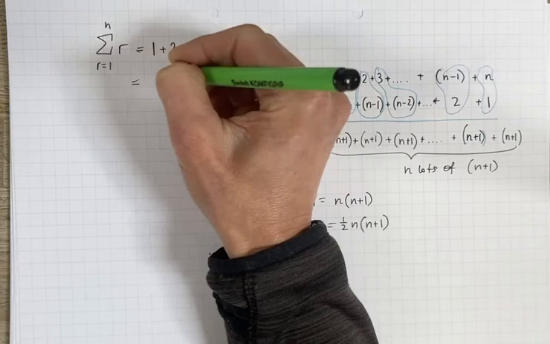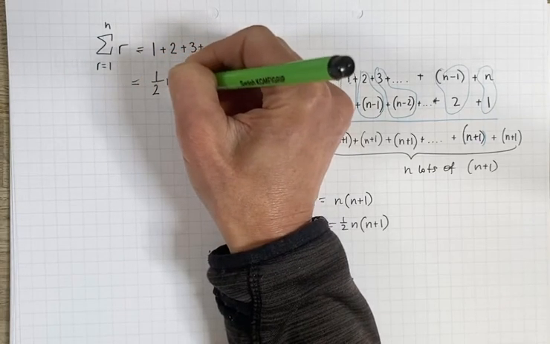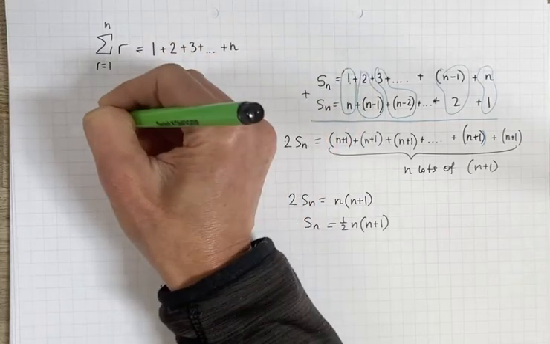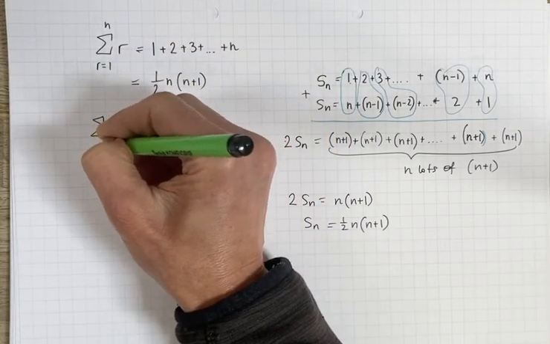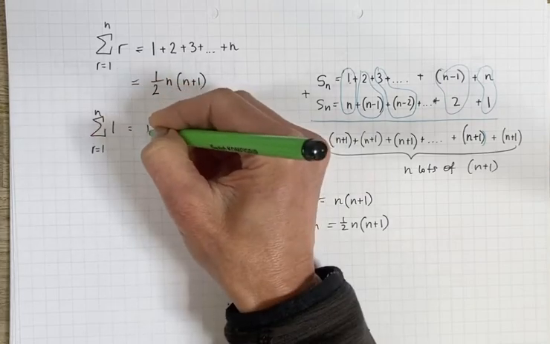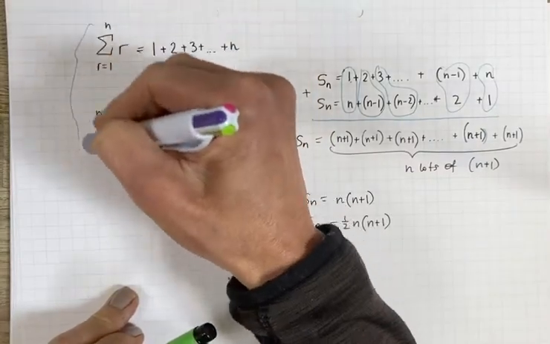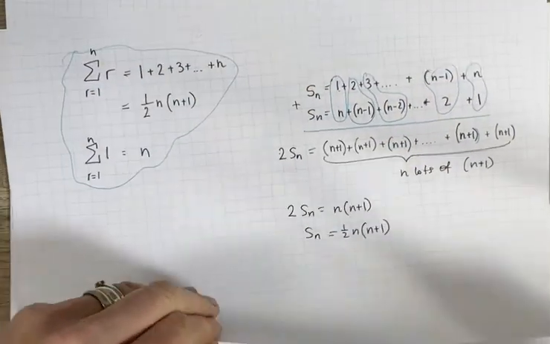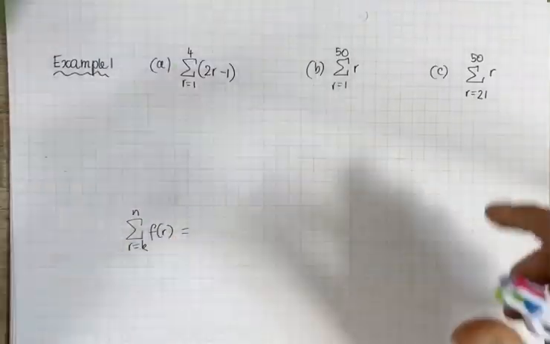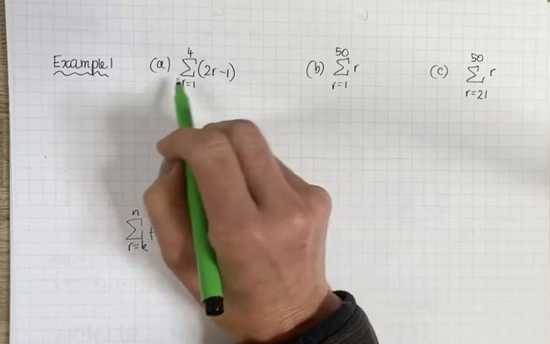So the formula you need to remember is the sum of r is a half of n times n plus 1, and the sum of 1 is going to be equal to n. There you go. These are very important results, and we're going to just use them in example 1. So starting with the first example, so I was saying if it's only 4 terms, you could actually work them out